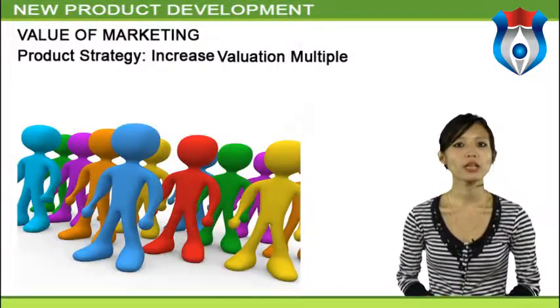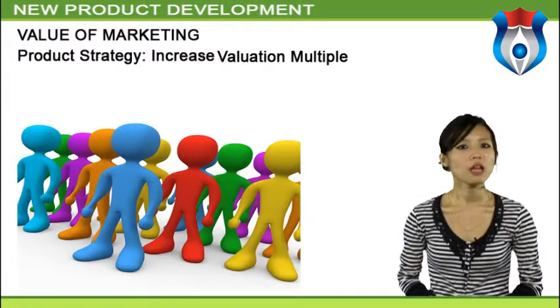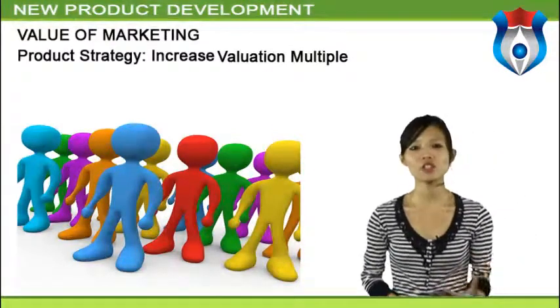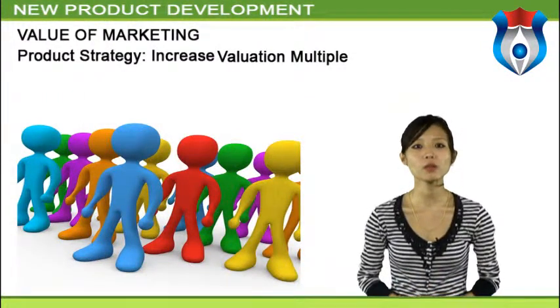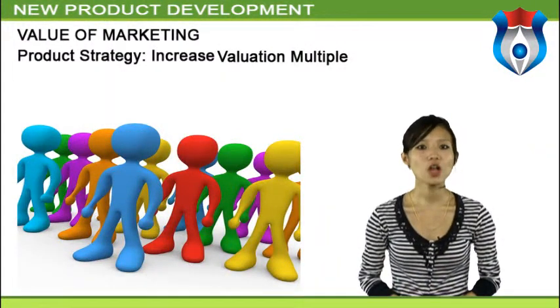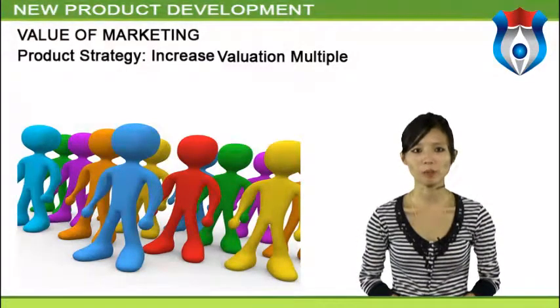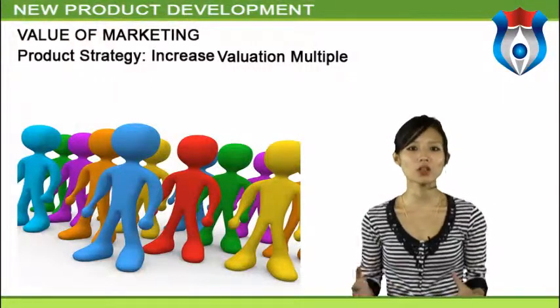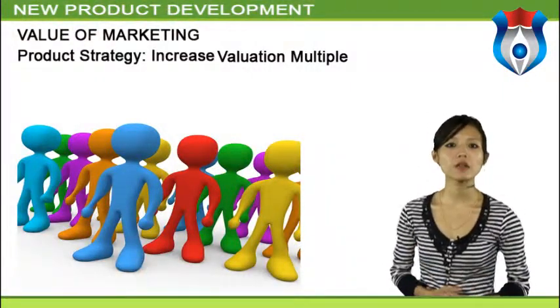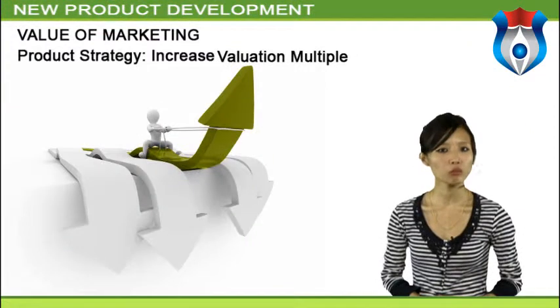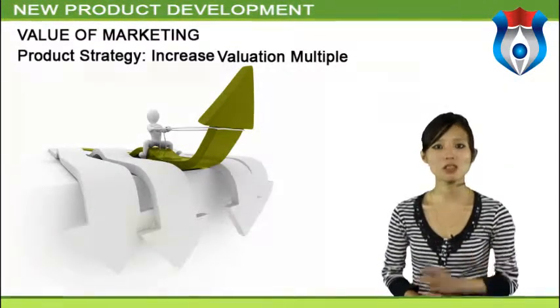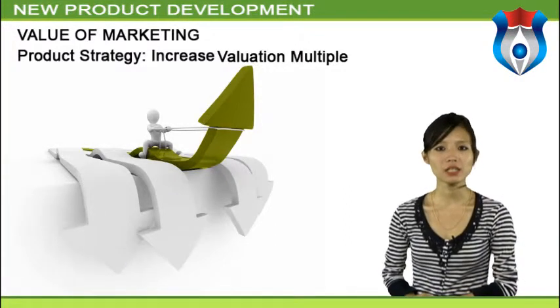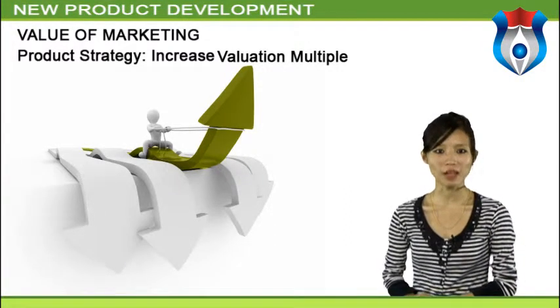Product strategy. Increase valuation multiple. The valuation an investor assigns to a venture is typically a function of both its underlying cash curve and a multiple that the investor assigns to that particular venture in comparison with other ventures in the same industry. Two ventures with similar cash curves may get assigned significantly different valuations, primarily based on two key factors: the core business model, market opportunity, IP, business system, and the caliber of the key stakeholders, the management team, investors and strategic